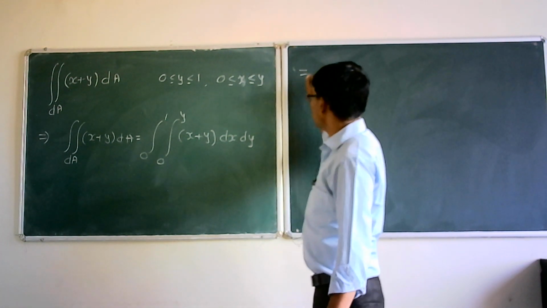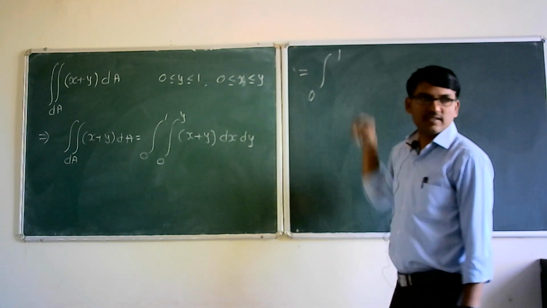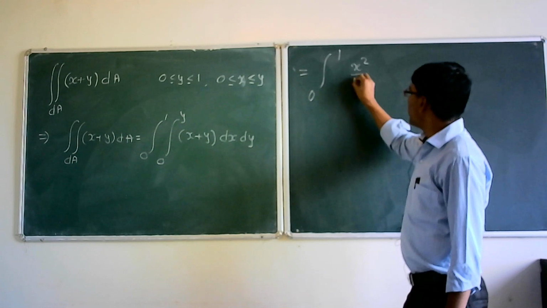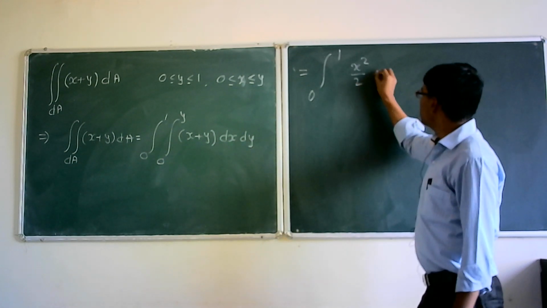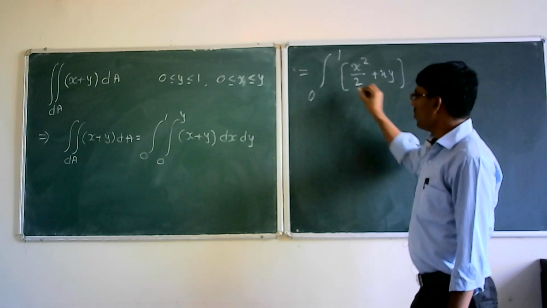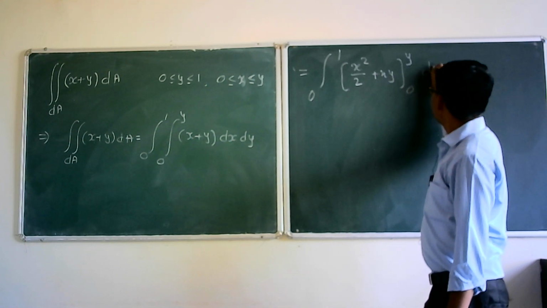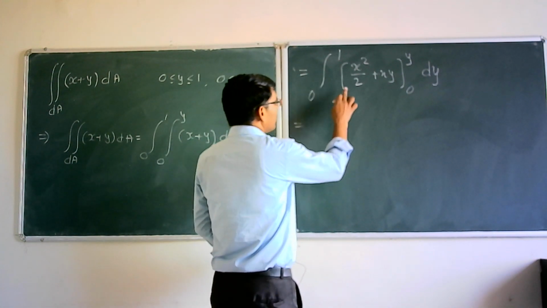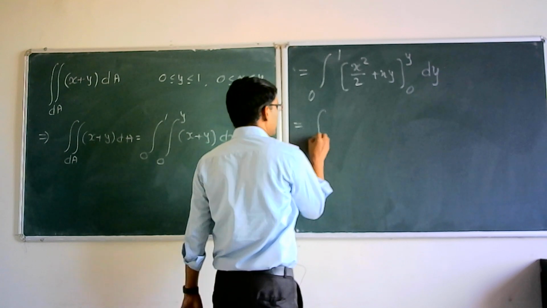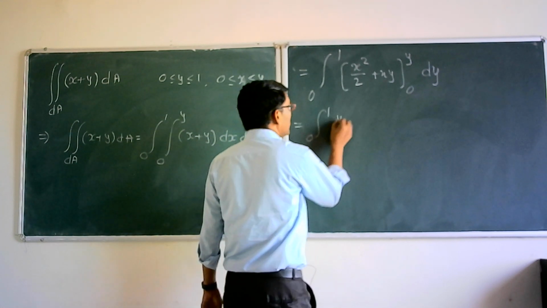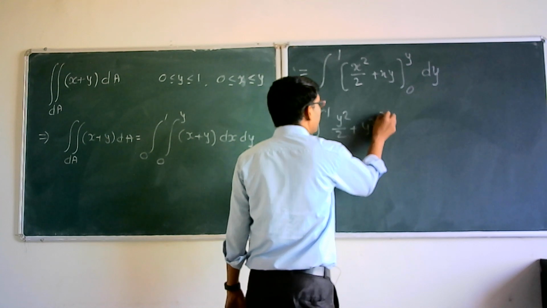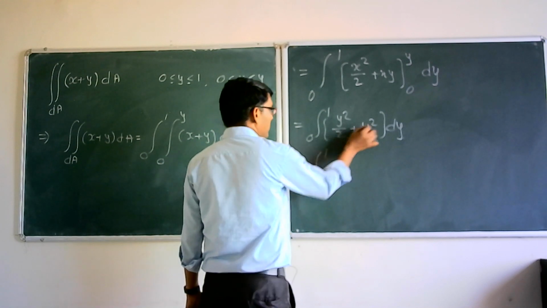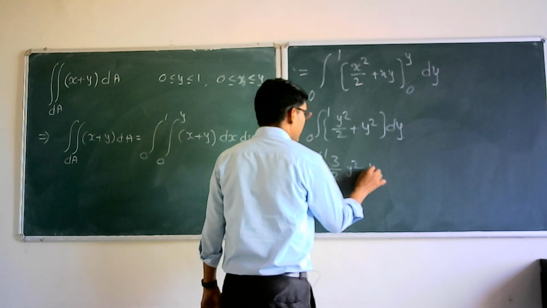मग आता जर आपण with respect to x इंटिग्रेशन जर आपण घेतलं तर आपल्याला काय मिळणार आहे बघा, it is equal to 0 to 1 as it is. What is the integration of x with respect to x? It is equal to x square by 2. And what is the integration of y with respect to x? It is xy, and the limit is from 0 to y dy. सो आपण जर आता इंटिग्रेशन जर आपण फाइंड केलं, लिमिट पुट करायचं. आपल्याला काय मिळणार आहे 0 to 1, y square by 2 plus y square dy. If you simplify this, it is 0 to 1, 3 by 2 y square dy.